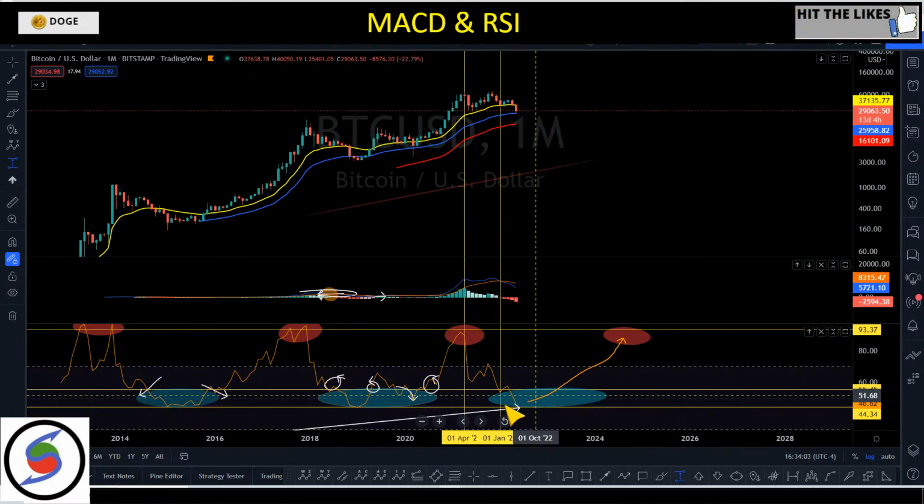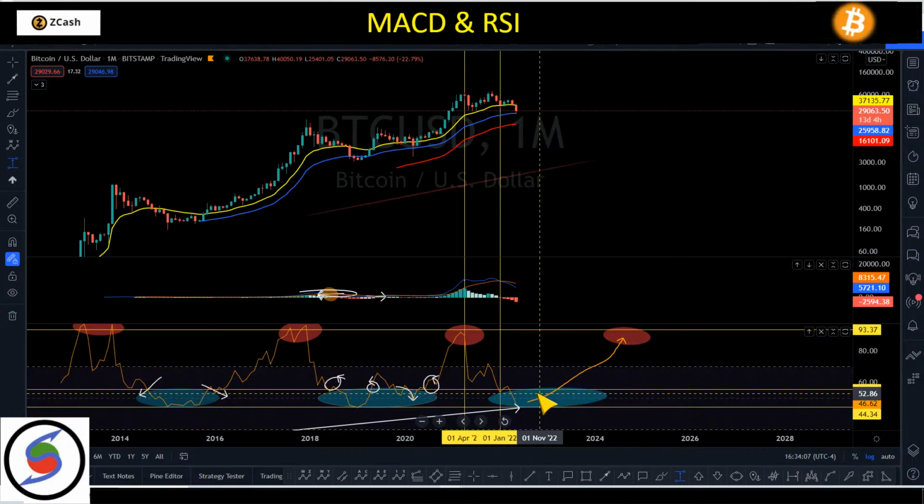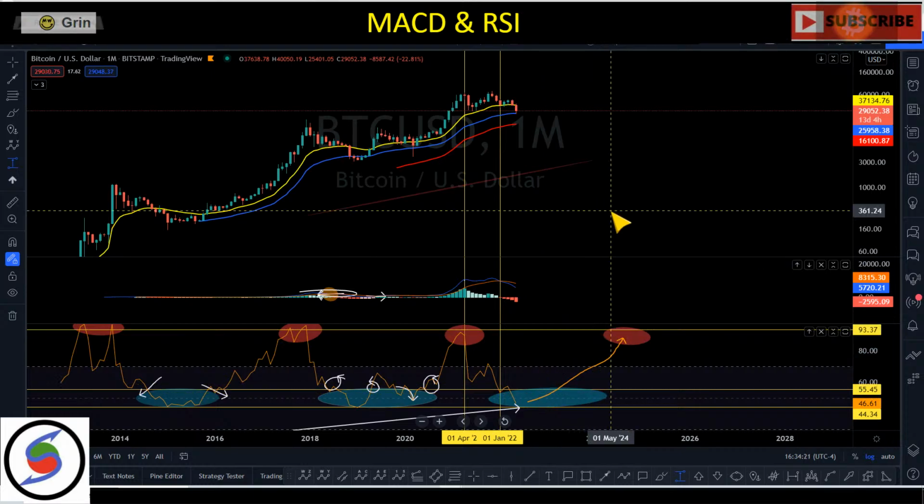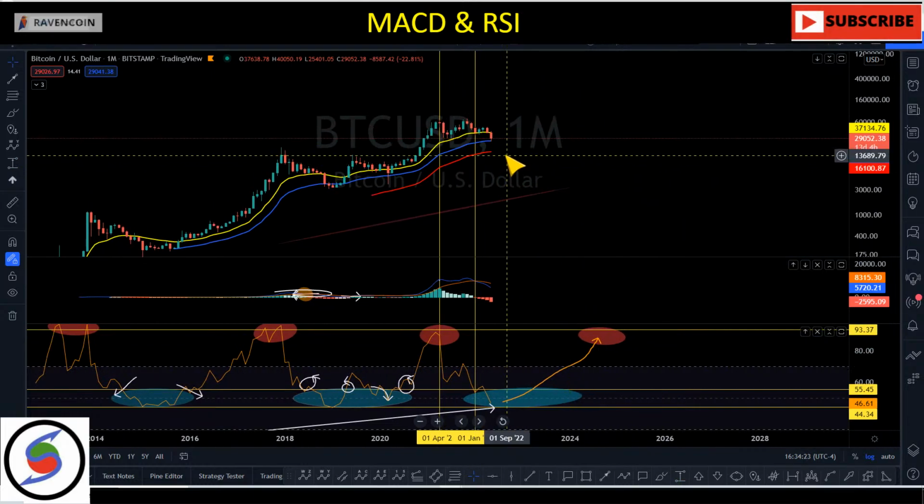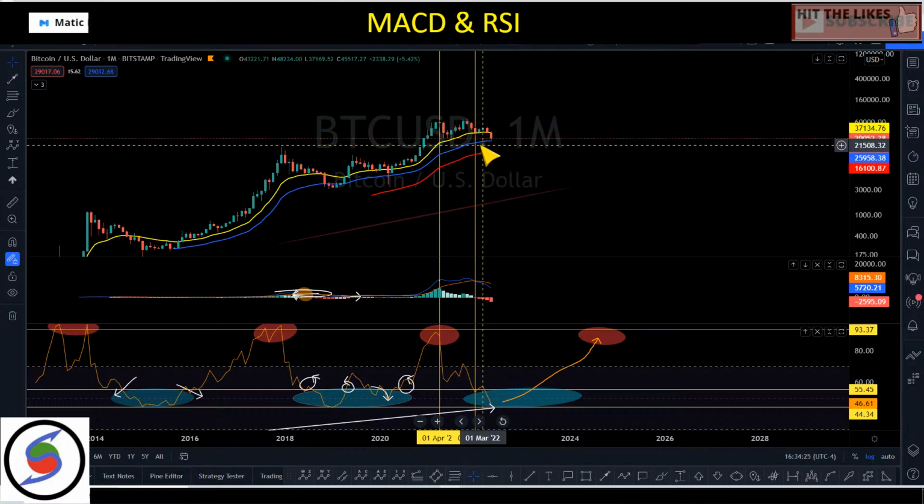Right now it is the best time to be buying and accumulating BTC. Yes, the trend is down, but you don't want to wait till the trend starts pumping to the upside and you're jumping around looking for, should I be buying XRP or should I be buying Ether or should I be buying BTC? I don't think it will make a big difference accumulating every week or every month